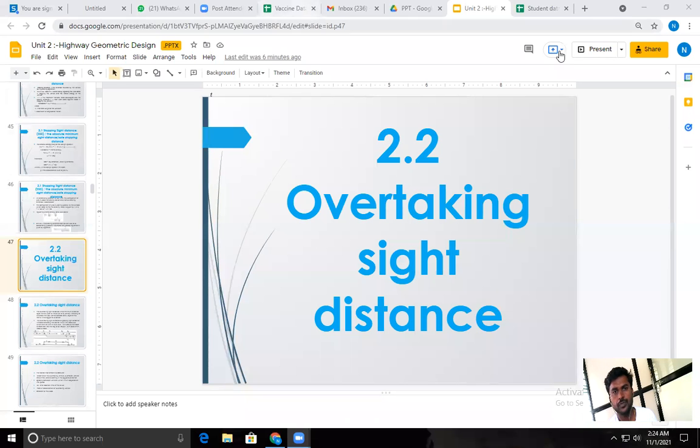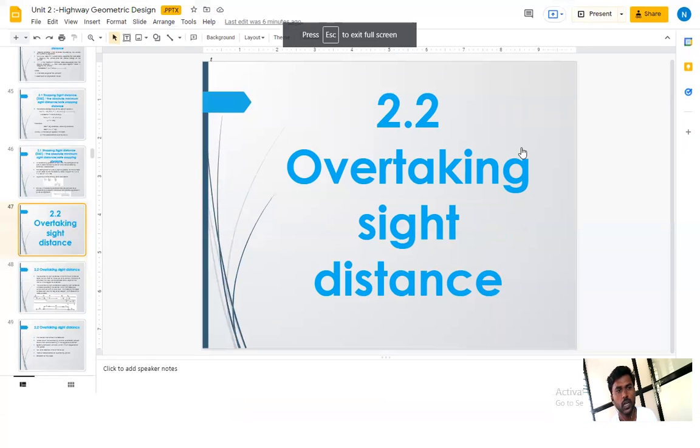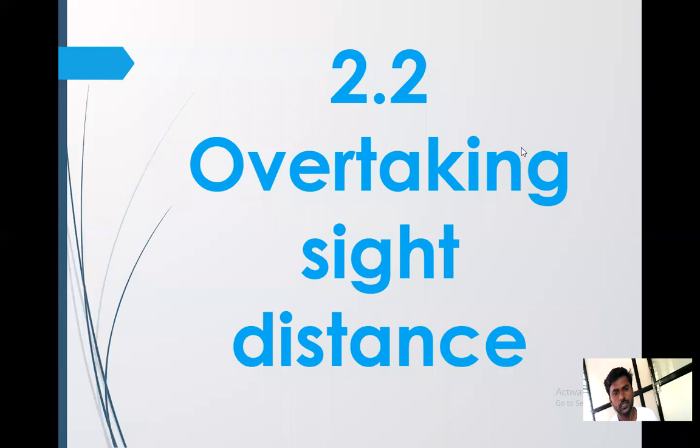We'll start with what we have covered in the last lecture. In the last lecture, we covered a very important topic, that is OSD, overtaking sight distance. In that we have calculated how to calculate the OSD, how the distances of the OSD are calculated, that is